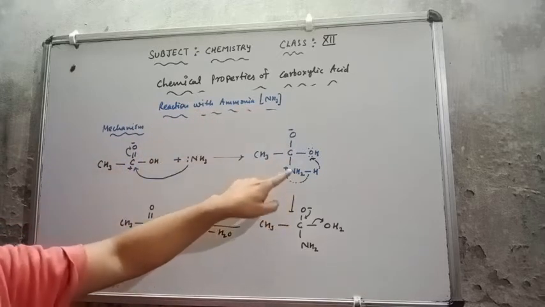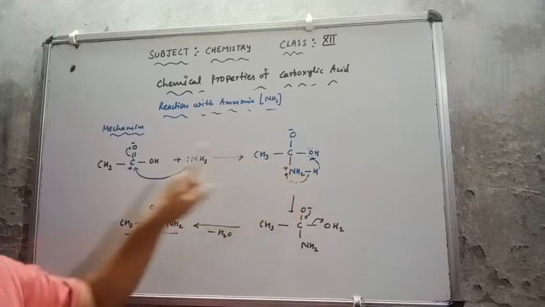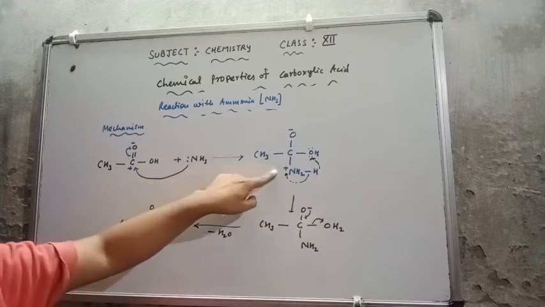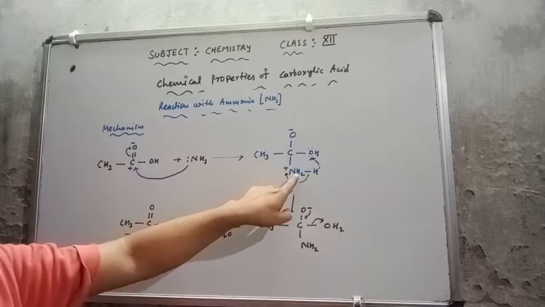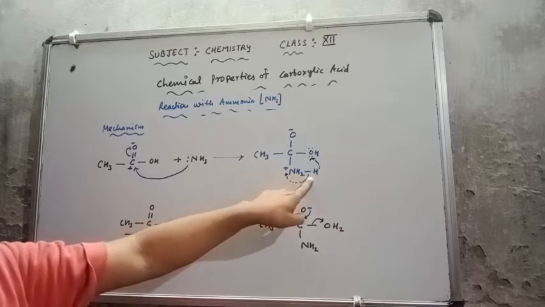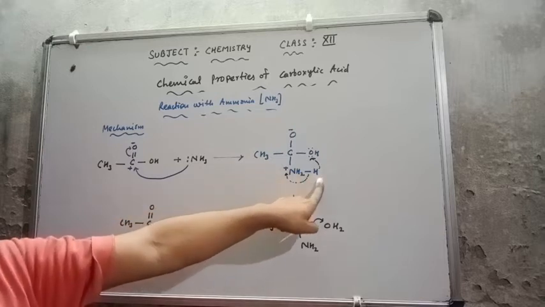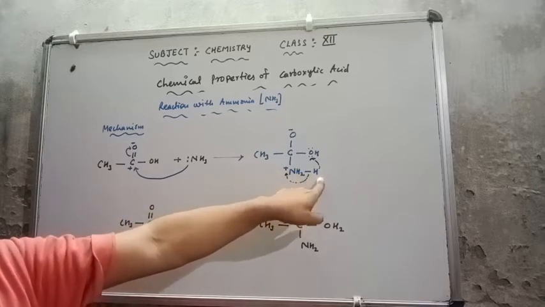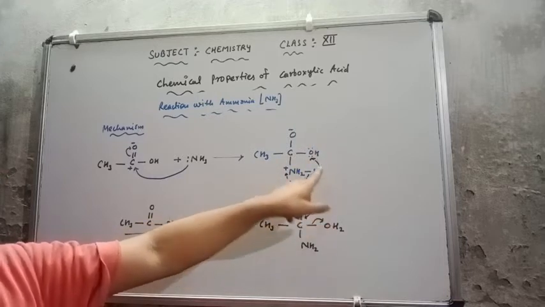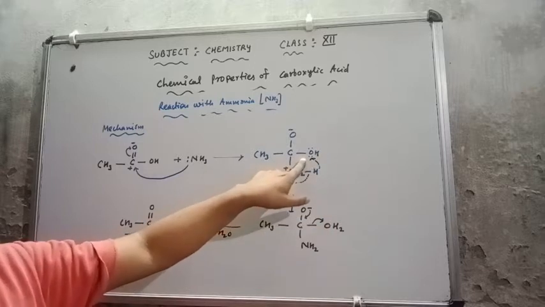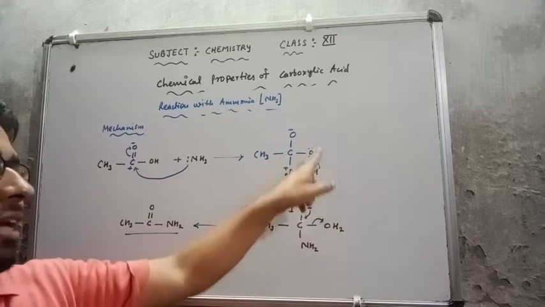So NH3 is attached with this carbon, I have written here NH2H. Now nitrogen has given the electron, so it has a positive charge. Nitrogen is more electronegative, so it will take the bond electron between this nitrogen and hydrogen towards its side, so this becomes neutral, and this proton is released from here. This is also a transfer of proton. Again, this proton is going to attach with this OH, because oxygen is more electronegative, and it will form the OH2. Why is the transfer taking place here?